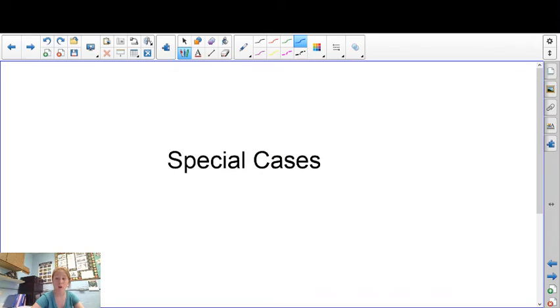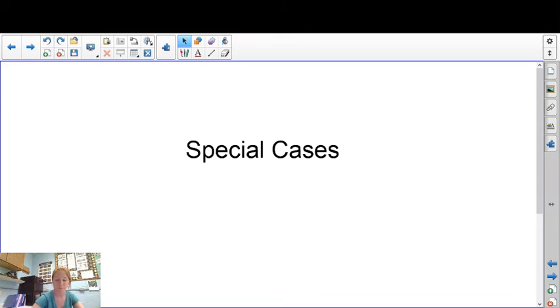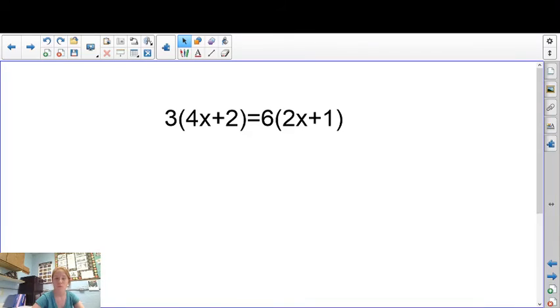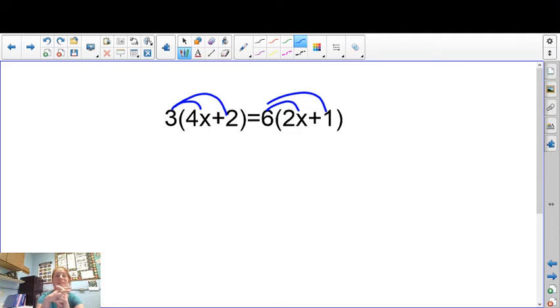All right, so we're almost through. Next, we have to talk about our special cases. This is something special that'll happen with the following things. Okay, so I have parentheses on both sides, and I have multipliers on both sides. So unfortunately, the only thing I can do is to multiply that in. Since there are numbers on both sides and a set of parentheses on both sides, I can't divide it over like I did with